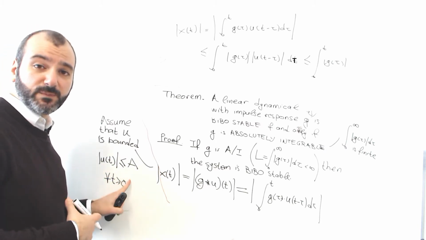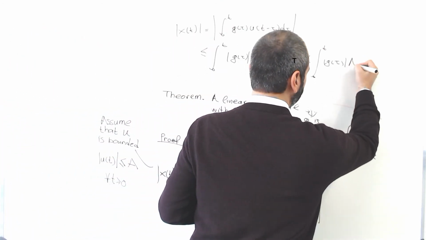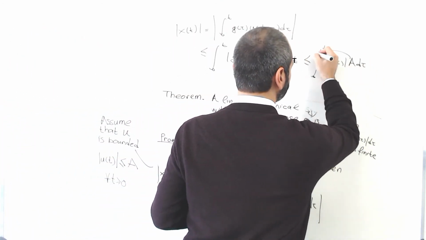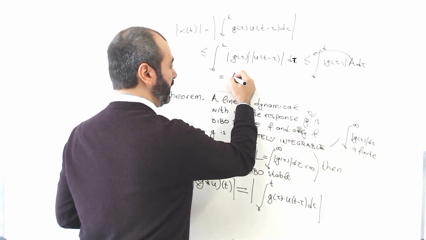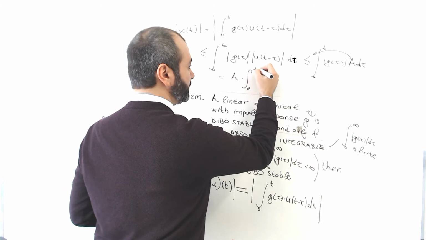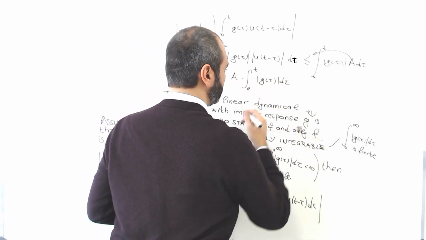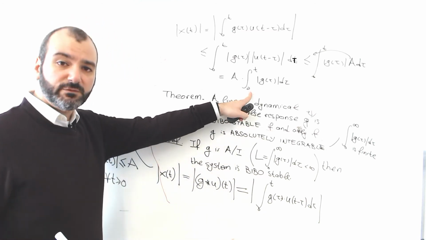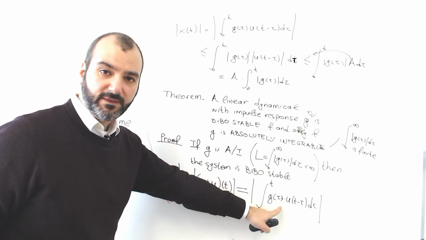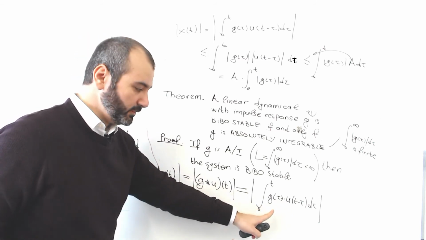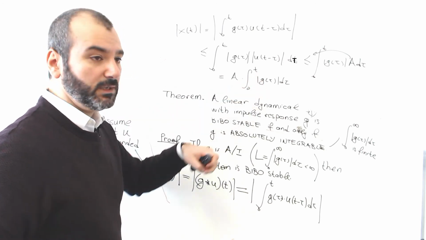We use this as we stated it as an assumption that u of t is bounded. So if u of t is bounded, let's see what happens to the output of the system. So let's say this is a, and of course we can move a outside. So this is equal to a times the integral from 0 to t of the absolute value of g of tau d tau. Now this is from 0 to t. We could have started the proof using the other definition of the convolution from 0 to infinity. But it doesn't matter, from 0 to t works as well.